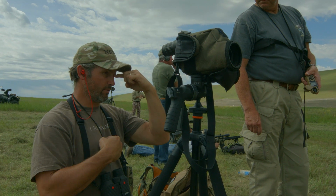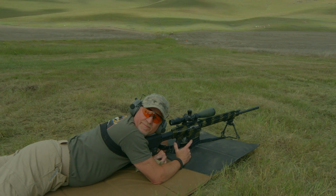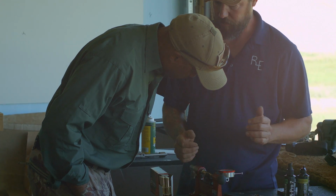We show them the pigeon, and a minute of angle at 1,000 is 10 inches, so it's already 2.5 times the size of what you're actually shooting at, and you're hitting one every third, fourth shot. It allows them to get a better idea of the ballistic workings of the round and